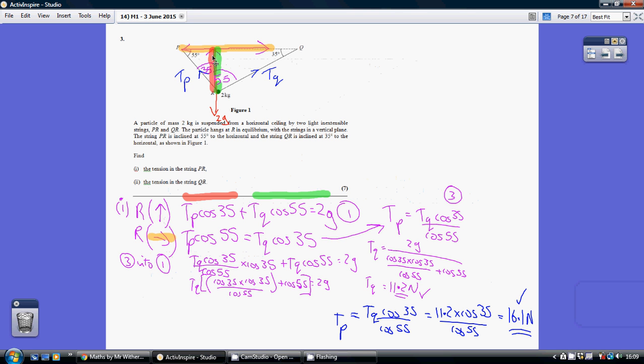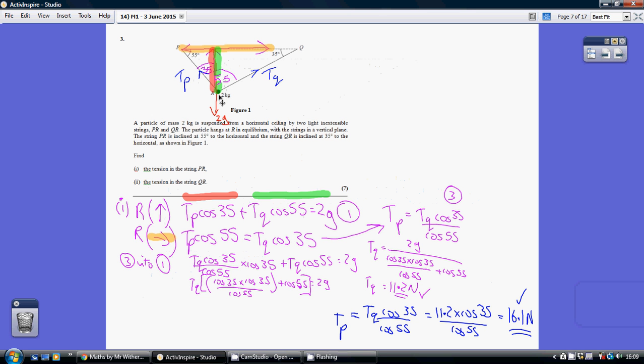So that tension there, the vertical component of TP, plus the vertical component of TQ, so TQ cos 55, or if you like TQ sin 35, the green vertical component, those two together are offsetting the weight of